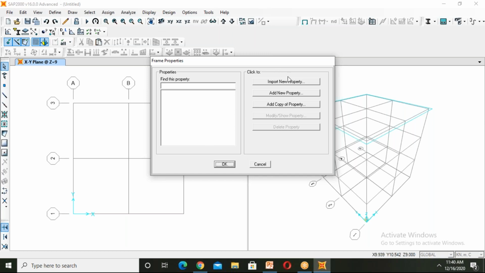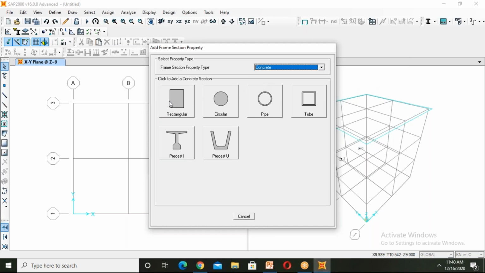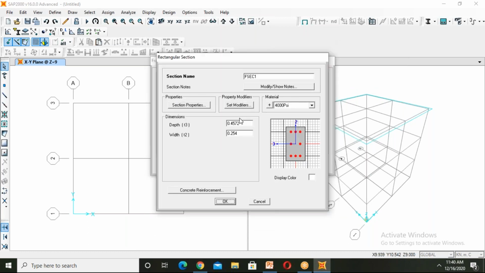So we can take add new property. So we'll take concrete, go to rectangle, and here we are giving a beam. Let's take the depth of the beam as 420 and the width of the beam as 230, as we will take the thickness of the wall.